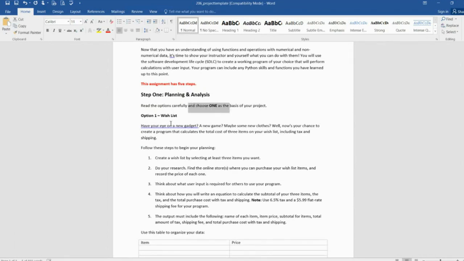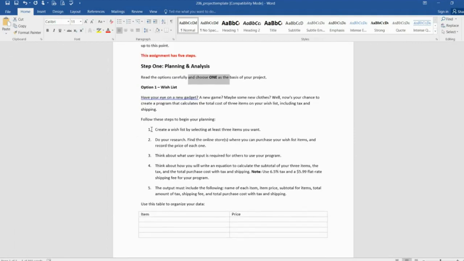Here's your wish list. You have your eye on a new gadget, a new game, maybe some new clothes. Well, now's your chance to create a program that calculates the total cost of 3 items on your wish list, including tax and shipping. So here's what you're going to do. You're going to create a wish list by selecting at least 3 items that you're wanting. All right. Do your research, find an online store where you can purchase those items and record the price of